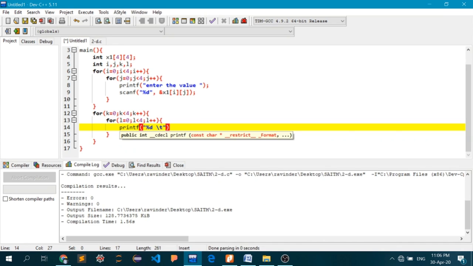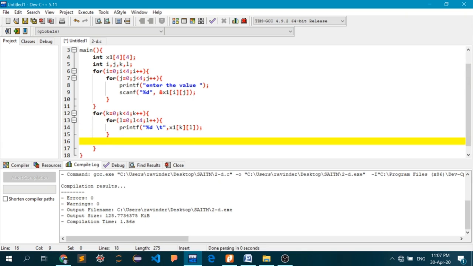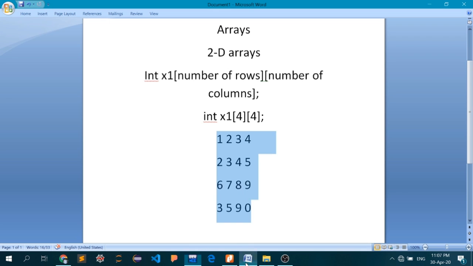So x1[k][l], and let's also printf an escape sequence for a new line, so that whenever we finish printing the first row, the next row is printed on a new line.